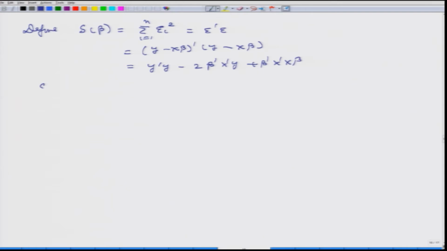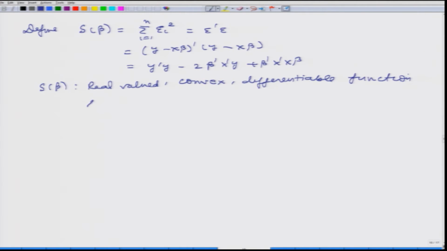And we assume that this S beta is a real valued convex differentiable function, so that the minimum will always exist,